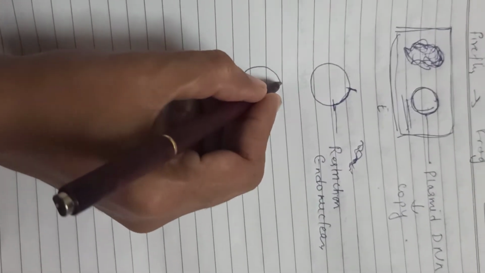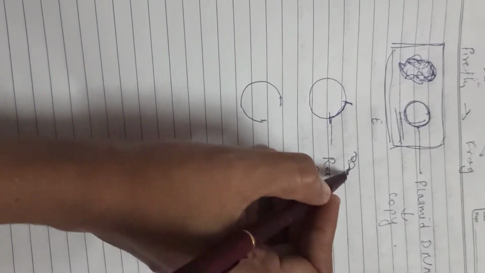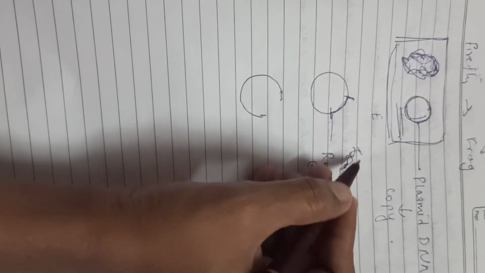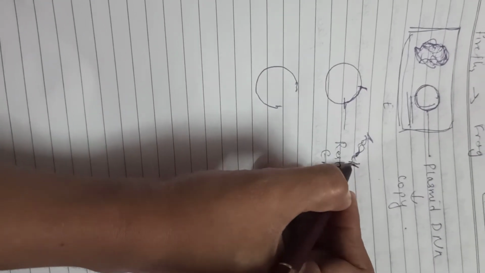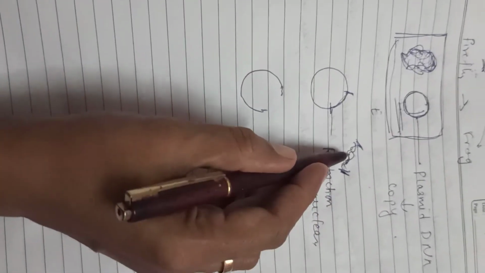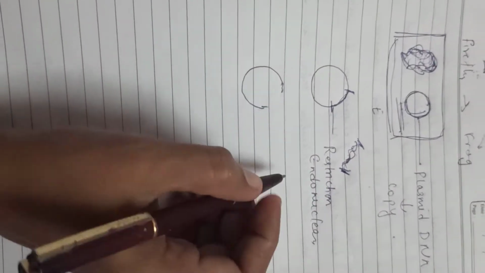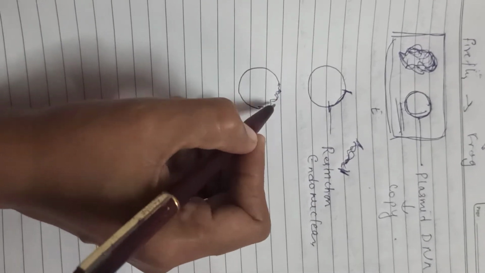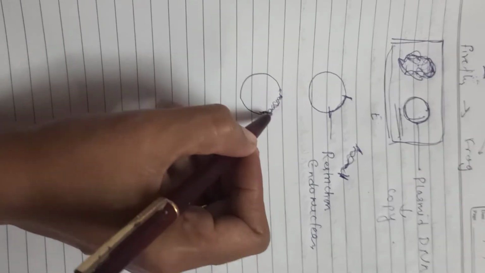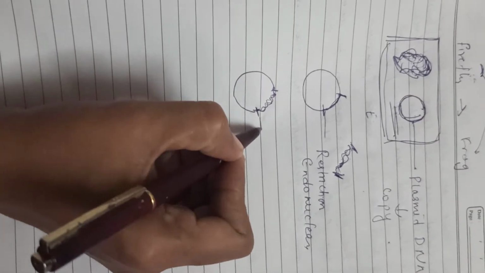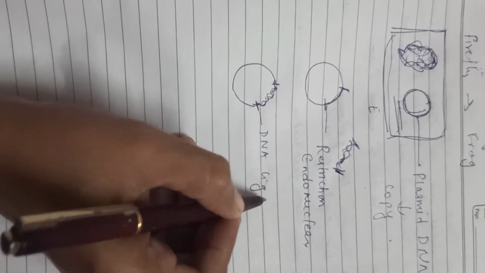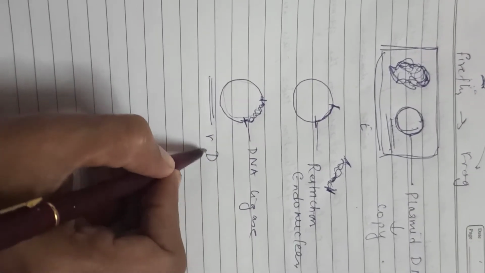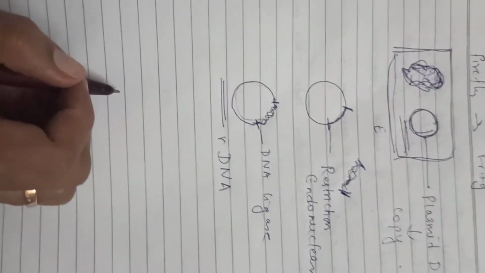So now we have this part. Here also this is the foreign gene. Here also the cutting is done by restriction endonuclease, and we have this part which is needed for us to be added to this plasmid DNA. So this foreign gene is added to this plasmid DNA. And how is it joined? Like a glue, we need the DNA ligase enzyme for joining it. So what you form is called the recombinant DNA or rDNA.